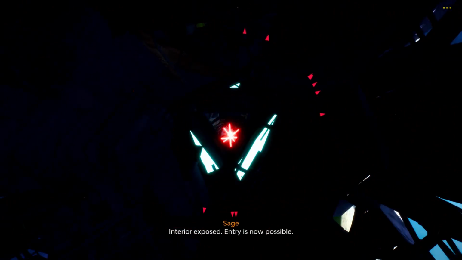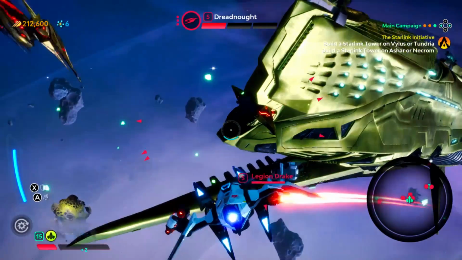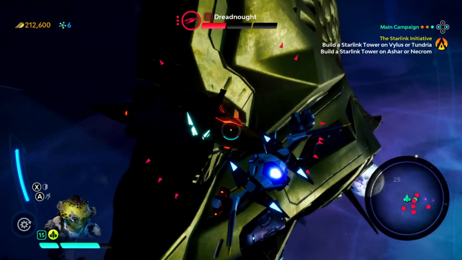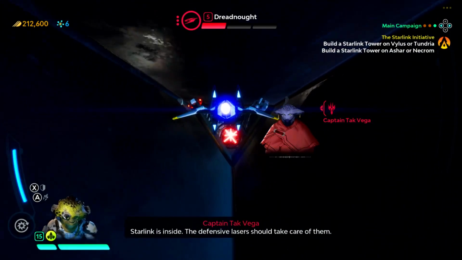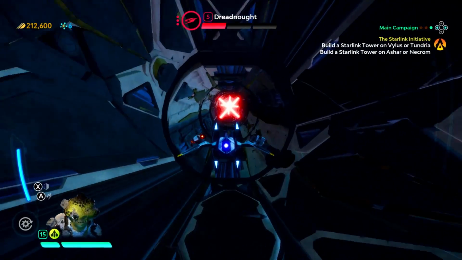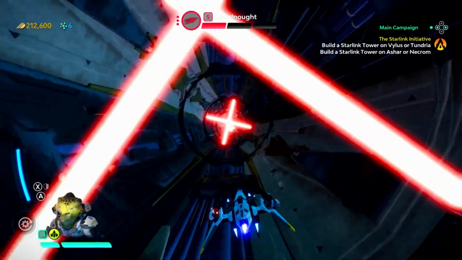Interior exposed. Okay, there we go. Now we're in the Dreadnought, or we're about to be. If we can just get in without getting shot by these Drakes, then we'll be fine. There we go. And although this looks like it would be difficult, it's really not that hard, or at least it wasn't the first time. Maybe it will be this time. So,